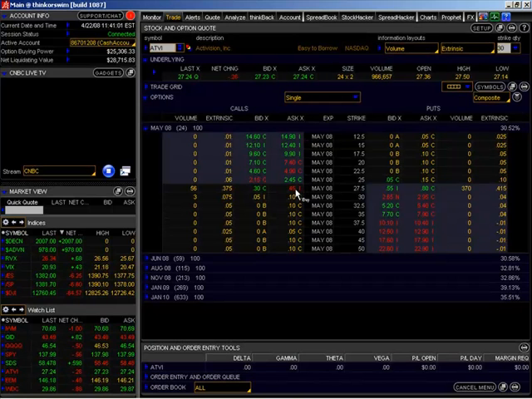So, if you take a look at an option like this over time, let's say that the stock doesn't really move. A week from now, maybe this option will be selling for 20-cent bid, 35-cent ask. A week after that, it's 15 cents and 20 or 25 cents. The week after that, maybe it's 5 cents and 10 cents. So eventually, the option that you purchased at 40 cents with great hope that the stock was going to move up is now only worth about 10 cents. You've lost 30 cents on the trade.